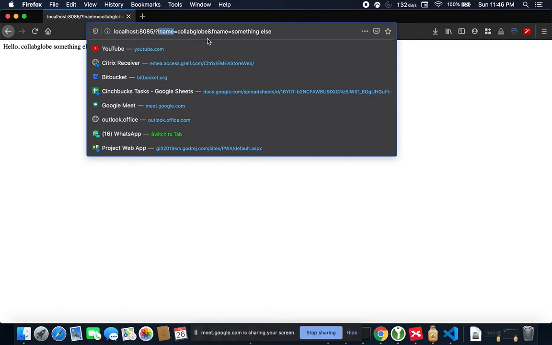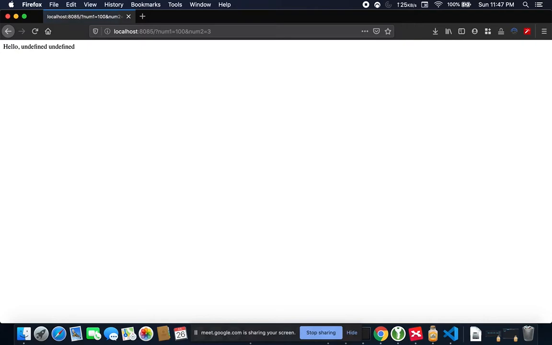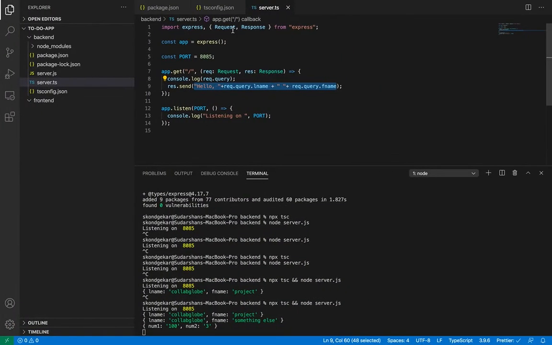Let's say a simple calculator app, like num1 is let's say 100, and num2 is let's say 3. It is going to say undefined because this time L name and F name are not received. Rather than that, I have received num1 and num2. So this time what I can do, respond.send